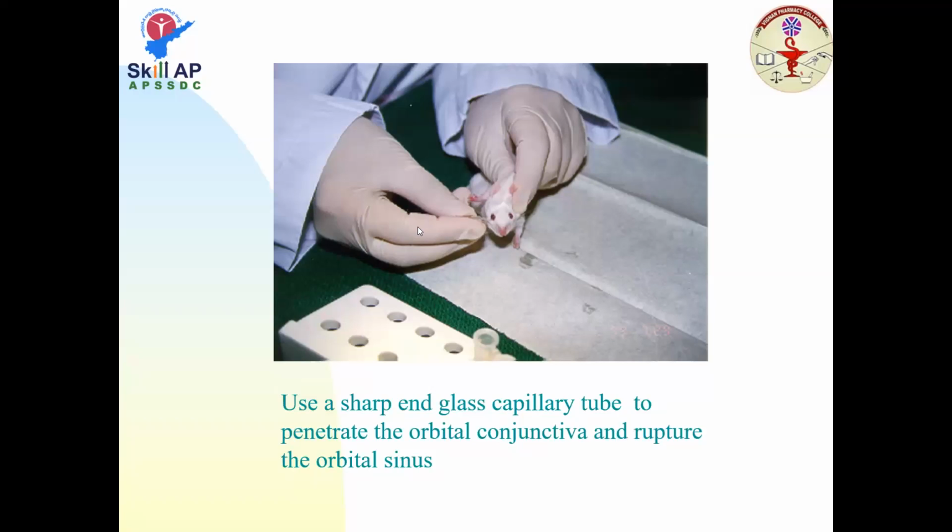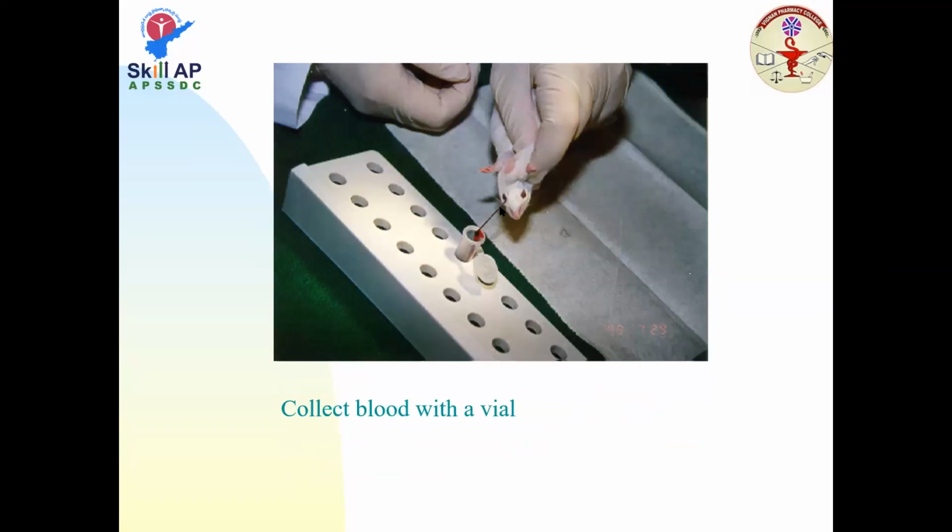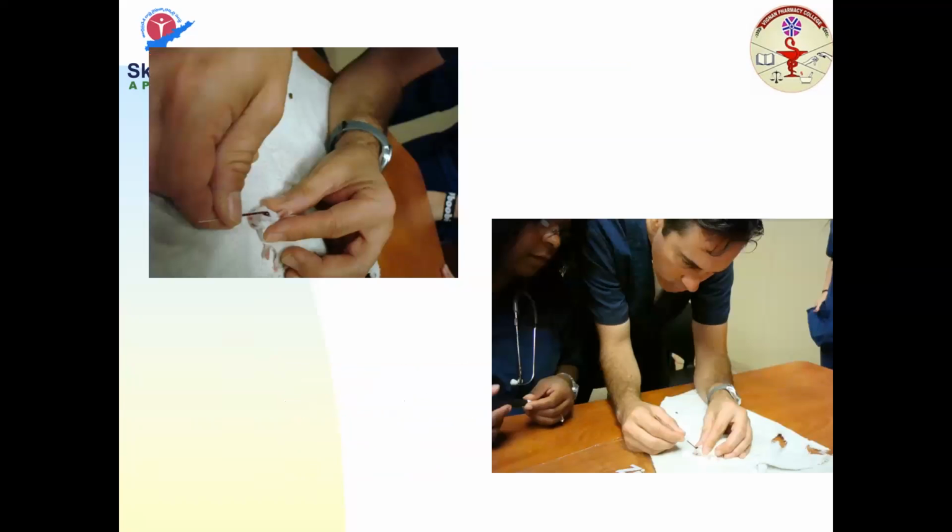So use a sharp end glass capillary tube to penetrate the orbital conjunctiva and rupture the orbital sinus. So see here, one side will be kept inside the eye, and the other side, because of capillary action, blood will be coming out, so that we can collect blood with a vial. So see how they are collecting. If we are following proper procedures, with retroorbital we will get sufficient blood without causing any damage to the eye. Make sure that without any damage, not minimal damage, without any damage to the eye, we can collect blood